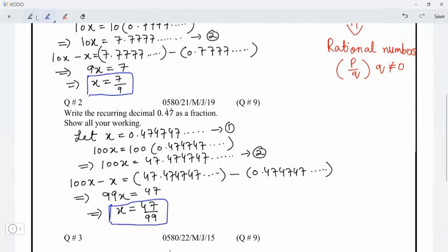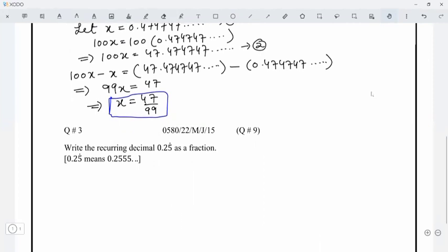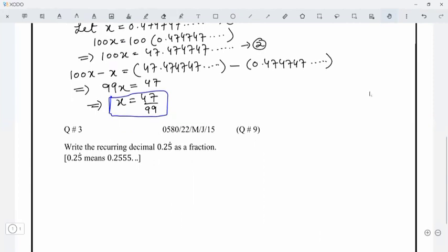So, coming to the third type of question quickly. The third type of question is written as 0.2 and then 5 is repeating. In past papers, the examiners have mentioned this as 0.2 and then 5 repeating, inside the brackets. This means that only one digit is repeating, not two. If one digit is repeating, we multiply by 10, like we did in the first question. So we suppose let x equal